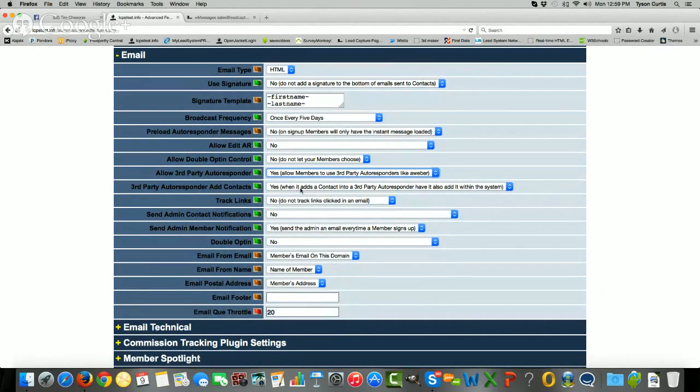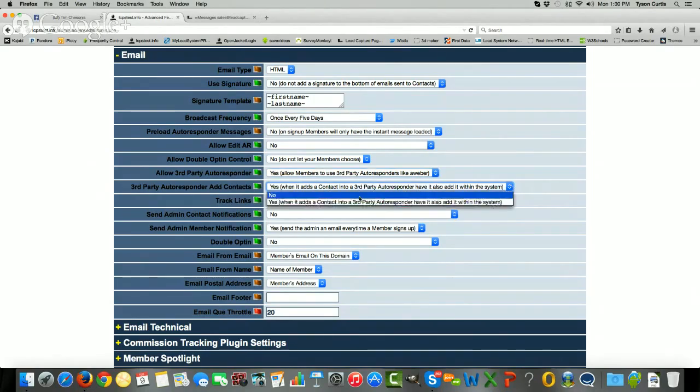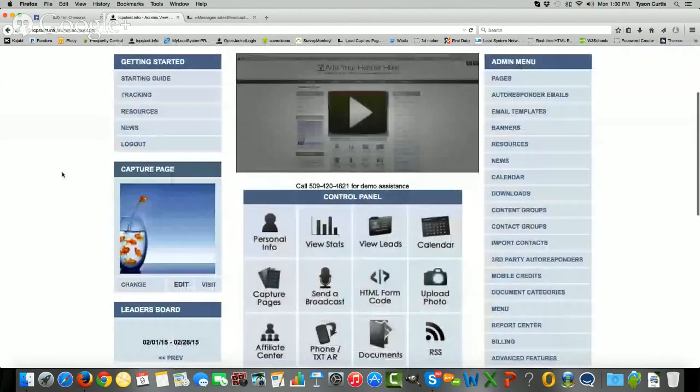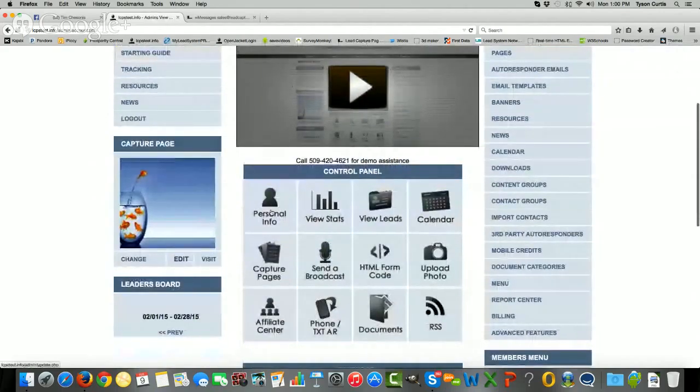Yeah. But what this does is it'll make a copy over here in your CRM at the lead capture page system, so in your back office, and it will also make a copy over in Aweber. If you have this set to no, it won't send a copy. So if you want it to show up in both places, you need to have that on yes as well. I think yours is no right now. But basically, those are the two things that you need set. So you need to make sure those are set. Okay. And then when your members go to their personal info right here,